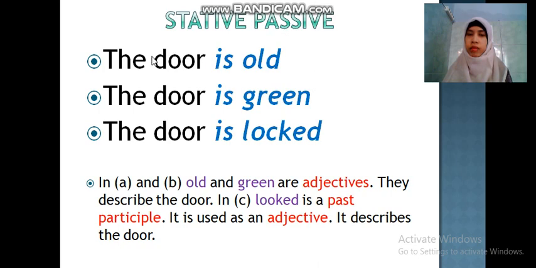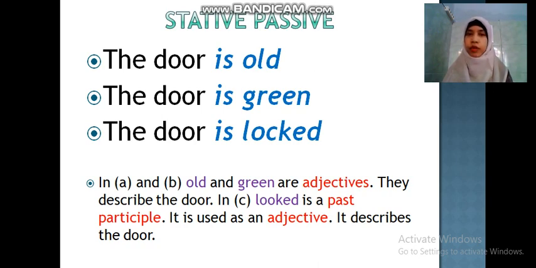umumnya. Jadi dia menjelaskan tentang the door. Old means lama, tua, and then green means warna pintunya adalah hijau. But "the door is locked" means pintunya terkunci. Or we can change it to the passive, here it means with "ter." The example: terkunci. Another example maybe